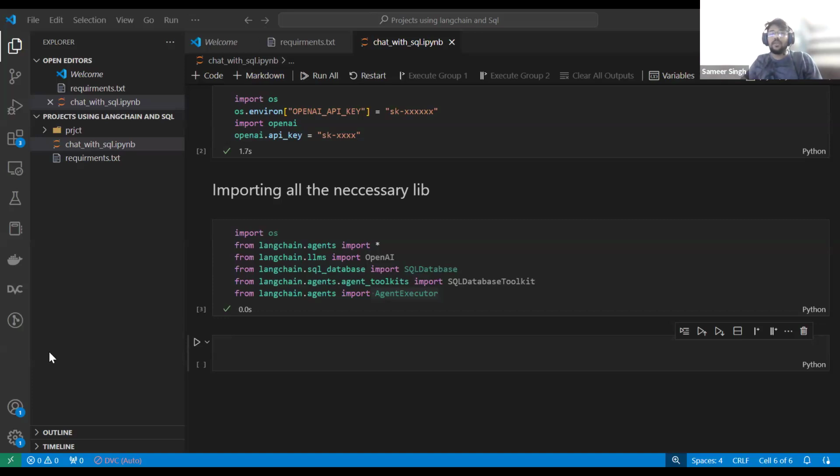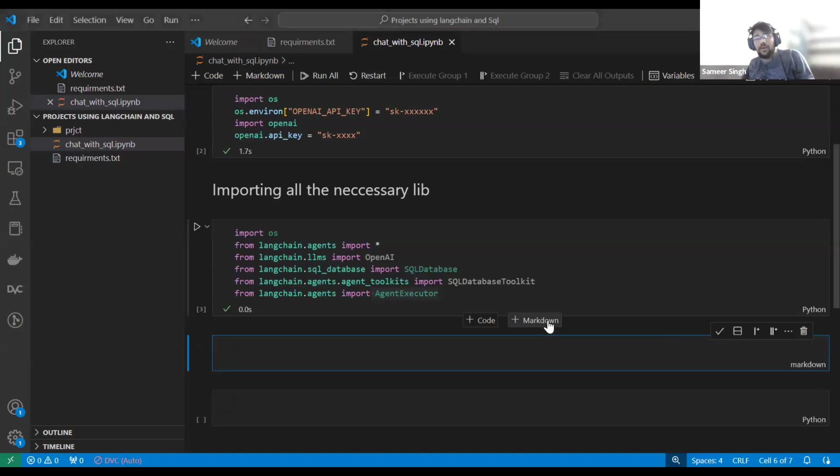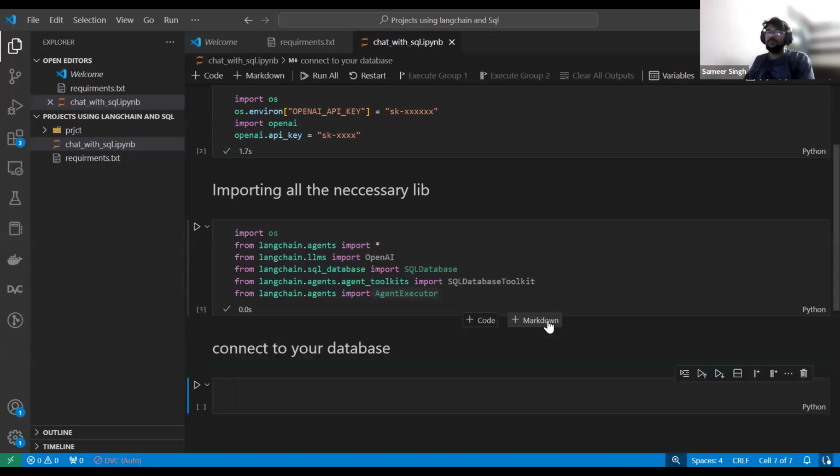Great, guys. Now what I'm going to do over here is install the important library. Already we have done it. So I'm going to connect to the database. So let's connect it.